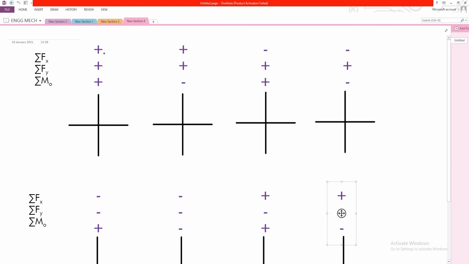We have in total 8 cases. Okay, 4 combinations of the resultant's position and 2 combinations of the moment's rotation, that is clockwise and anti-clockwise. Therefore, a total of 8 cases we have to focus on here. Now let's try to put the resultant in the diagram. So let's try to put the resultant for the first case.